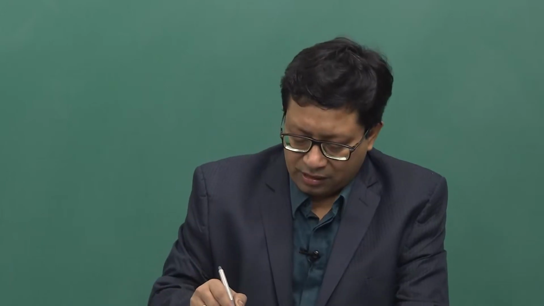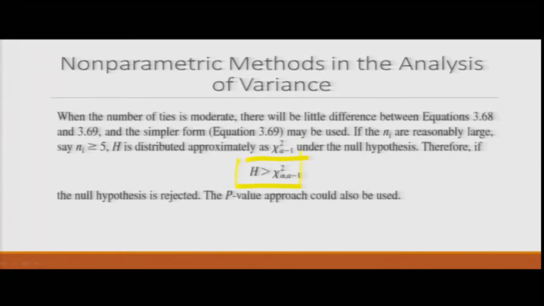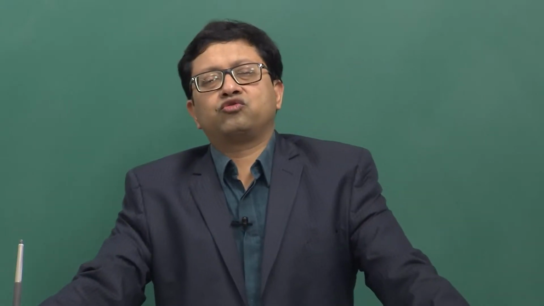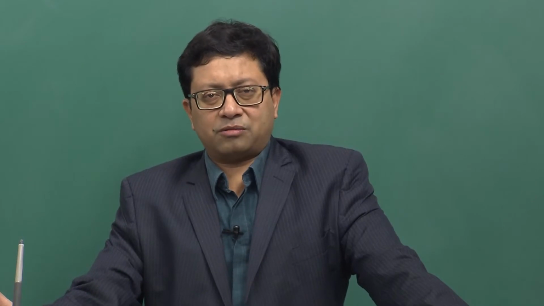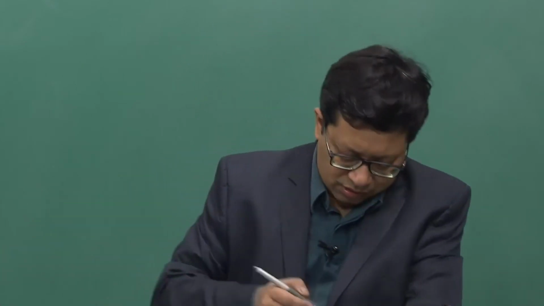So, the null hypothesis would be rejected for the right hand side if this value, which I am going to highlight, H is greater than or equal to chi square a minus 1, alpha, where a minus 1 is the degrees of freedom, and the suffix alpha denotes the level of confidence. And we can also use the P approach to find out whether you want to reject or accept the null hypothesis. Similarly, if you want the less than case, obviously the formula,